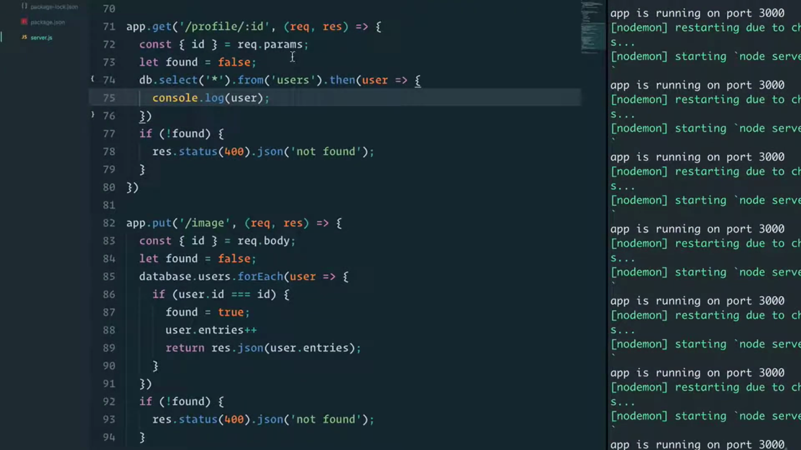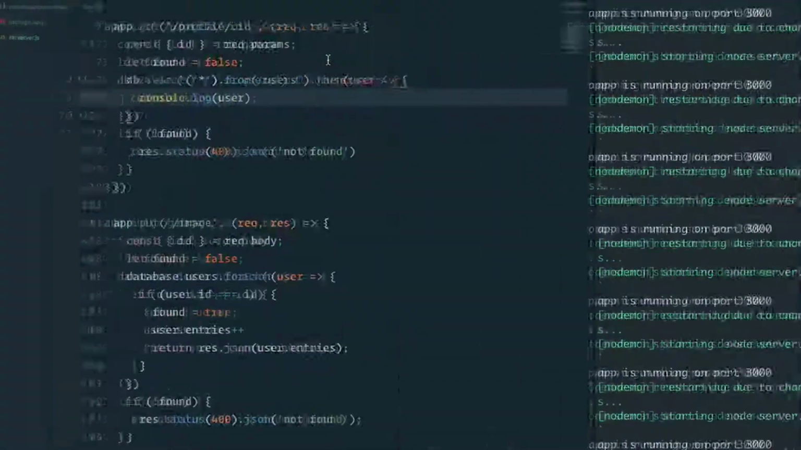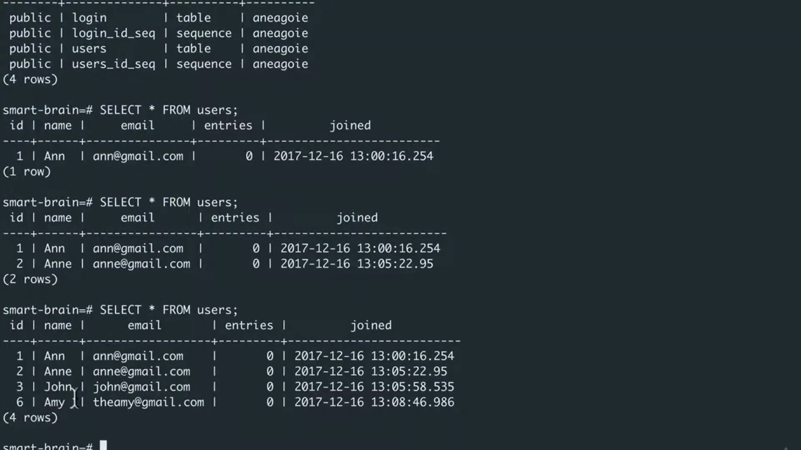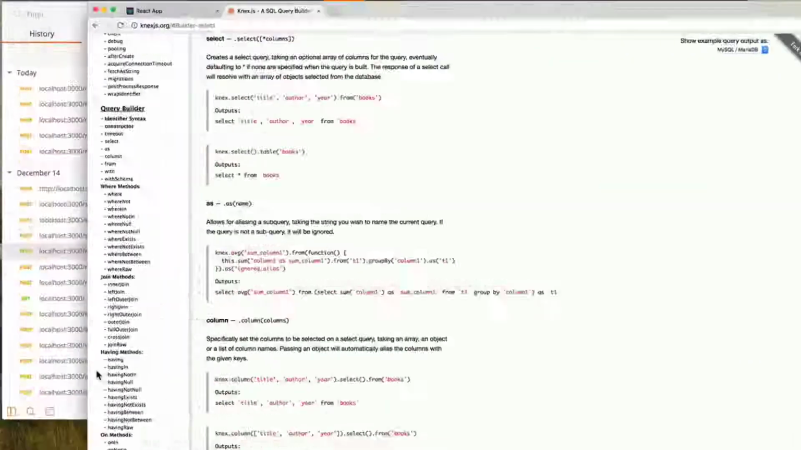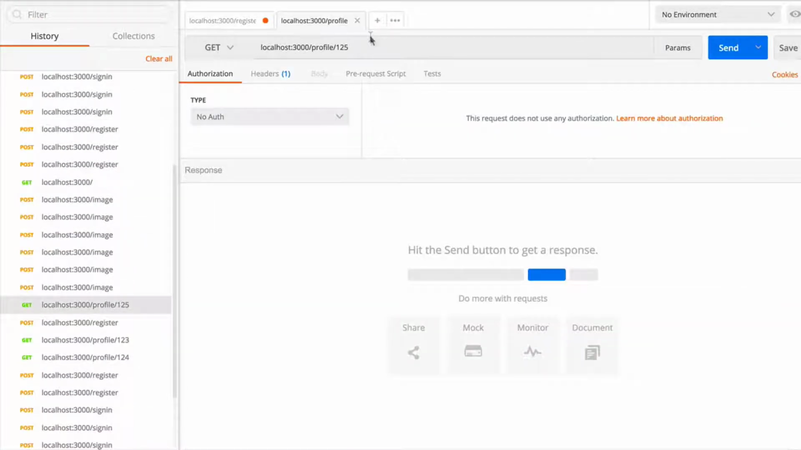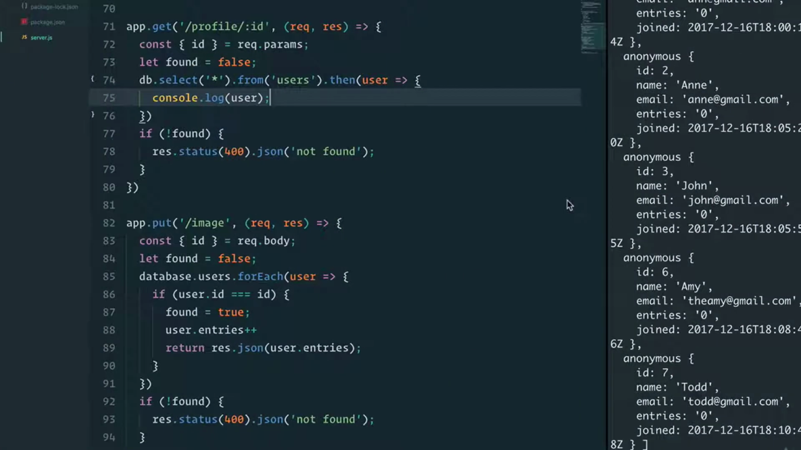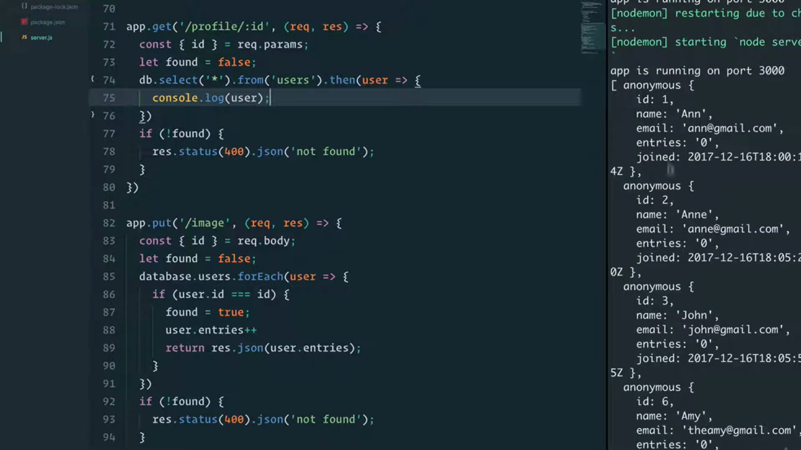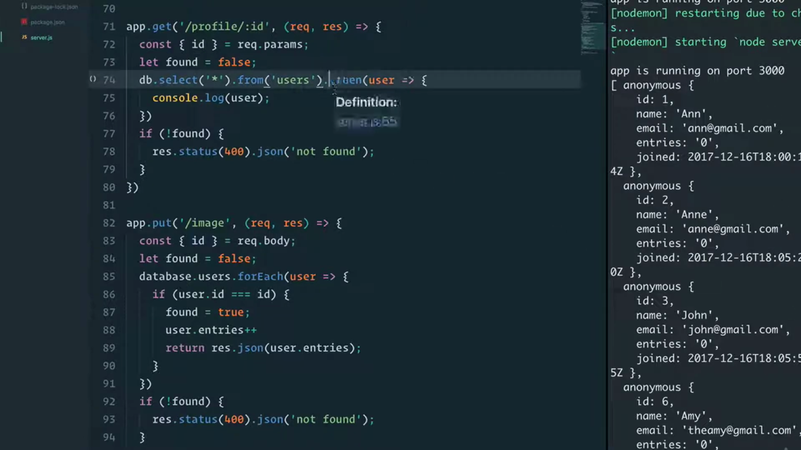Let's go to profile/ID. And remember, if we go back to our database, we have ID 1 through 6. So let's just do ID 1. Using our Postman, we will grab a profile. Let's see if we have one of these here. There you go. There's a GET request. And we'll do profile 1, send. And if we go back to the console, all right, we're getting all our users. But remember, with profile ID, we want to make sure that it is the ID and not every single user that we're grabbing. So we can simply say dot where,